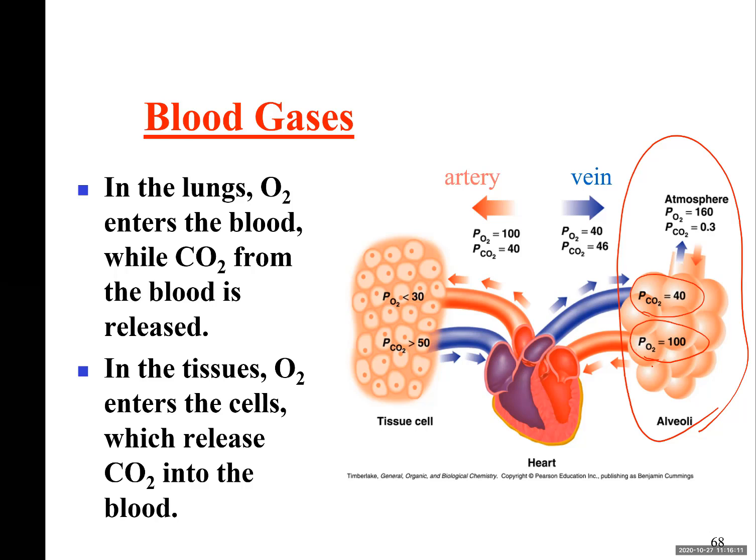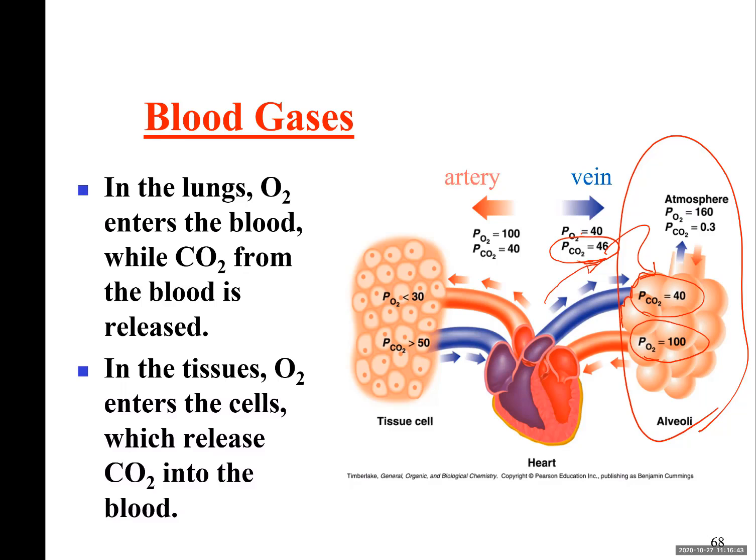So when oxygen depleted blood in our vein is coming in contact with the surface of the alveoli, is it fair to say that carbon dioxide is moving from higher pressure to lower pressure, from 46 millimeter of mercury, which is higher than 40 millimeter of mercury? So carbon dioxide is going to be released from our vein.